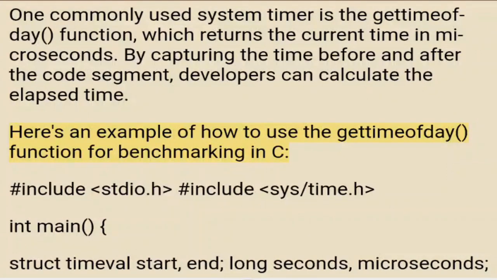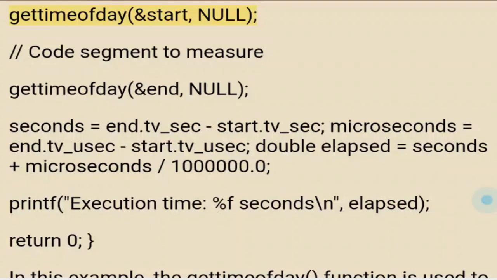Here's an example of how to use the gettimeofday function for benchmarking in C. #include <stdio.h> #include <sys/time.h> int main() { struct timeval start, end; long seconds, microseconds; gettimeofday(&start, NULL); // Code segment to measure gettimeofday(&end, NULL); seconds = end.tv_sec - start.tv_sec; microseconds = end.tv_usec - start.tv_usec; double elapsed = seconds + microseconds / 1,000,000; printf("Execution time: %f seconds\n", elapsed);